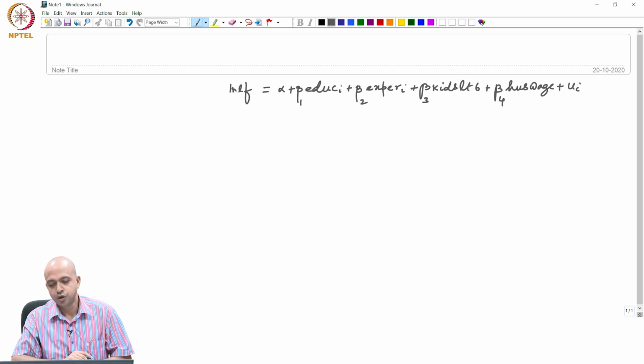This was the model we were discussing, and what we were doing, we estimated the